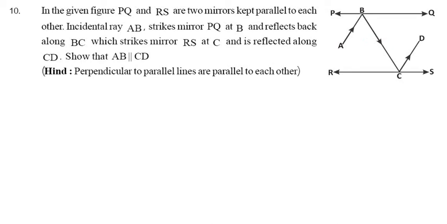So first of all, we can draw a perpendicular line here, normals. That is the O, and here is also a normal line. That is the O dash. By law of reflection, these angles are equal. And by alternate interior angle, these angles are also equal. So you can say this one is X and it is also X. And by interior angle, this one is also X, and by the reflection, this angle is also X. So all these angles are 2X and here is 2X. So this line is parallel. So we have to write this property. Now it is given as lines perpendicular to parallel lines are parallel to each other.